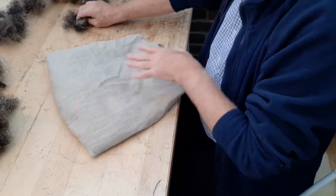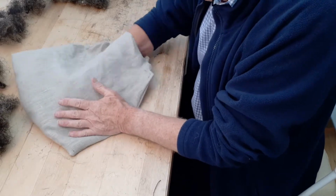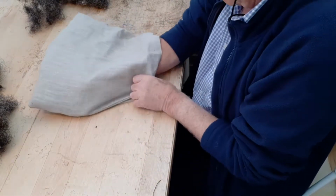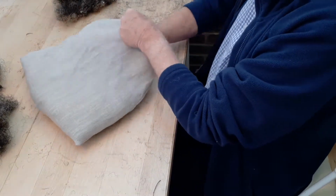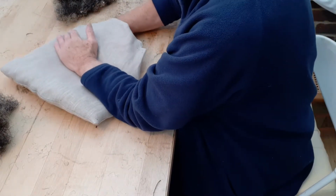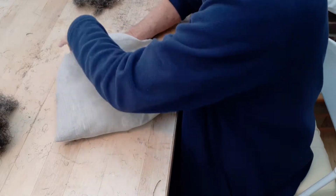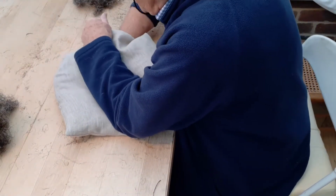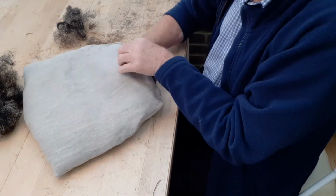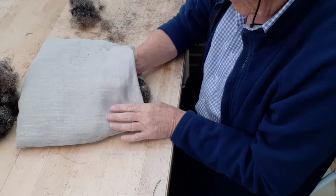Work it in so as it feels good and even. And although you've teased it out, you're now trying to sort of compress it in a uniform way so as you have some control over it. I don't know if you can see that well enough. It's very hard to get it close on camera, but